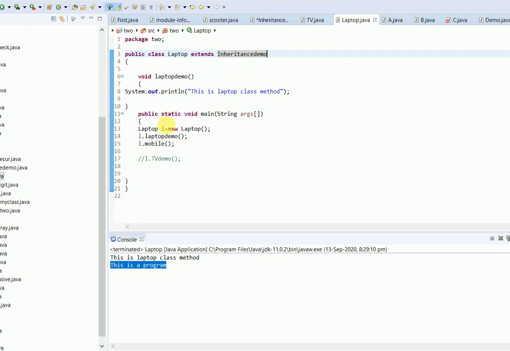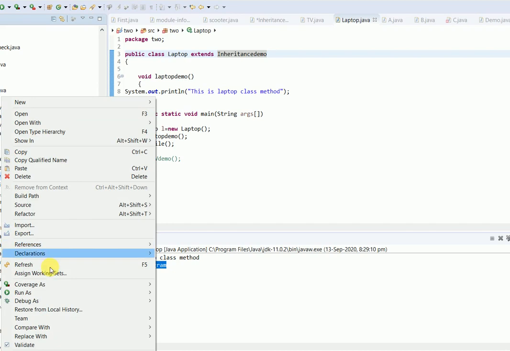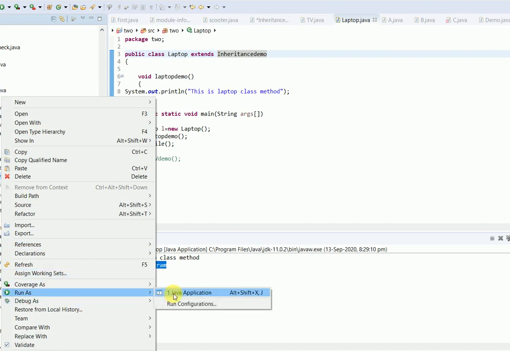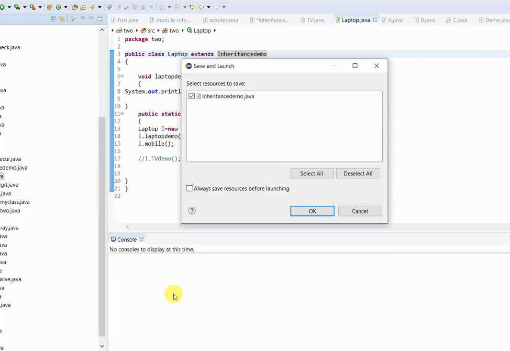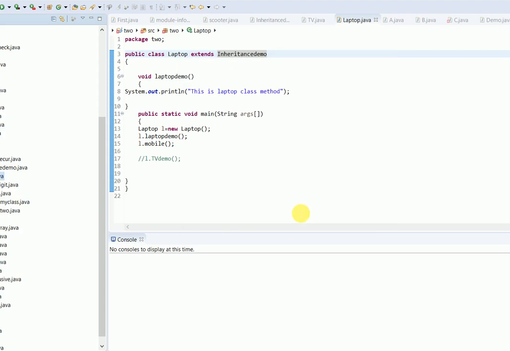But then the change will anyway get reflected if I run the laptop.java class now. Let's run that. First it will need to run the inheritance demo class, because I need to save that change. If the change is not saved, then it will not reflect. So let's save that.